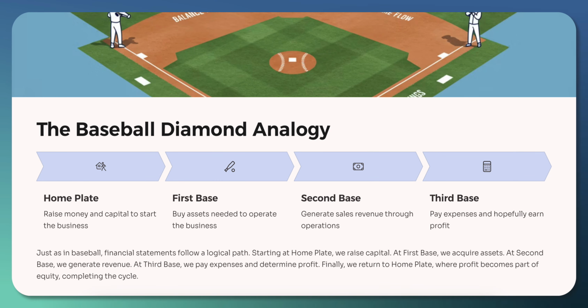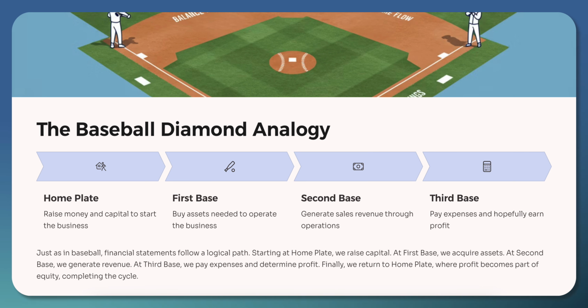One of the things the textbook talks about is the baseball diamond analogy. Home plate, when you're up to bat, is where you're looking to raise money or capital to start your business. How much money do you need to raise, or use of your own money, to start your company? First base is buying the assets you need to operate the business,